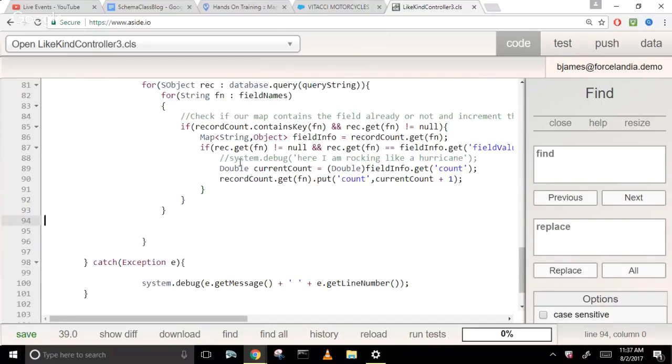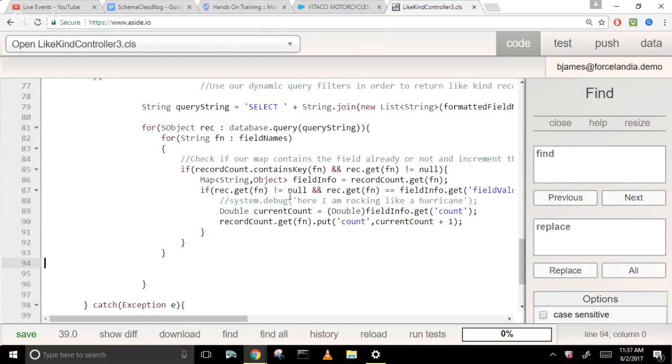Then what we're doing is we're first going to be checking to make sure that our map even contains that key. Because if it's not one of the keys that we've chosen to be part of our field set, or our fields that are being displayed, then once again, we don't want to do anything with it. But if it is in our map, because we set that up previously and blocked out a spot for every single one of our fields that we're looking for, it's going to take that,